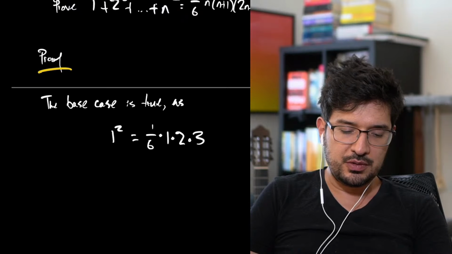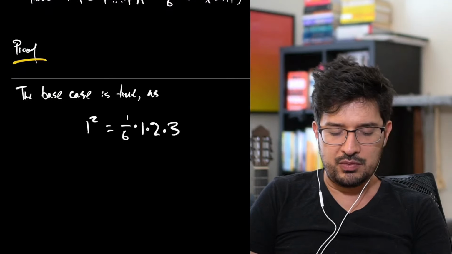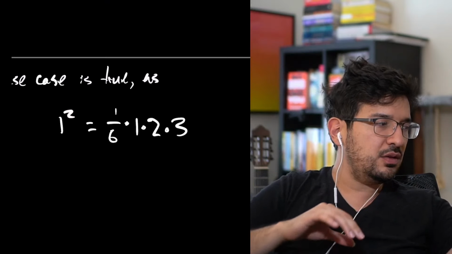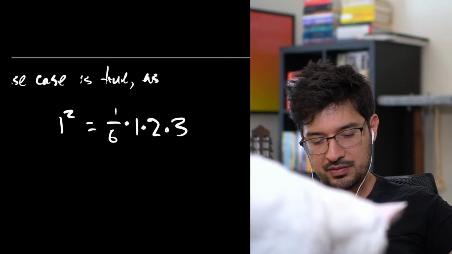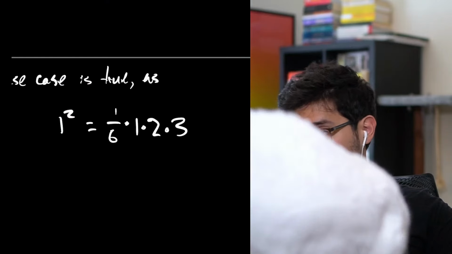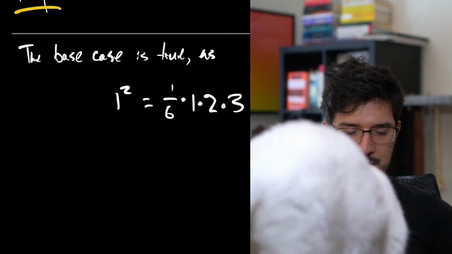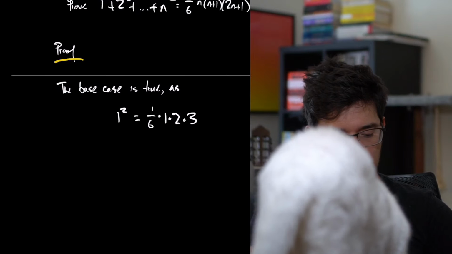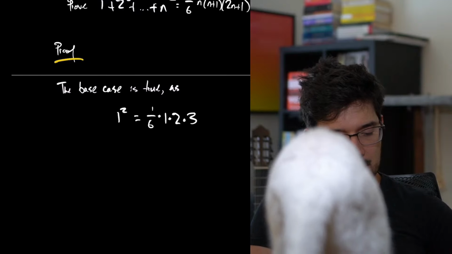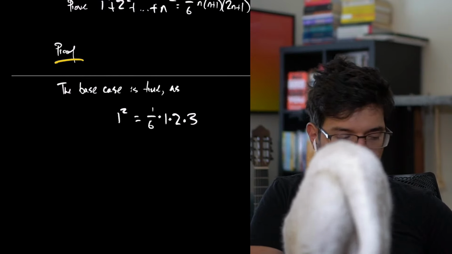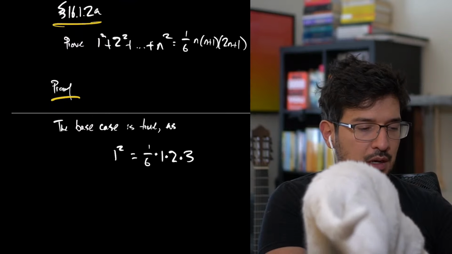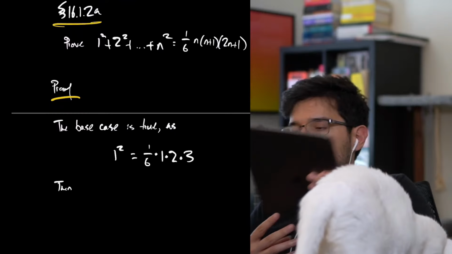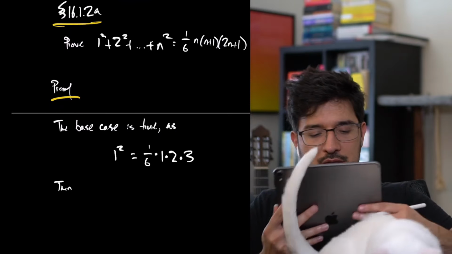The base case is true as 1 squared is the same as 1/6 times 1 times 2 times 3. And you can fill in the details to prove that 6 divided by 6 is the same as 1 and 1 squared is 1. But in a mathematical proof, this is enough to convince the reader that you have thought about this. I think that's a nice way to write this. The base case is true. Then assume, for the sake of induction,